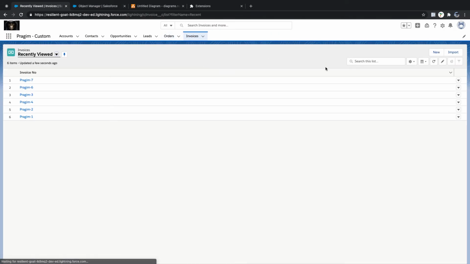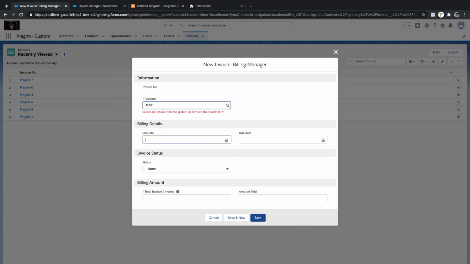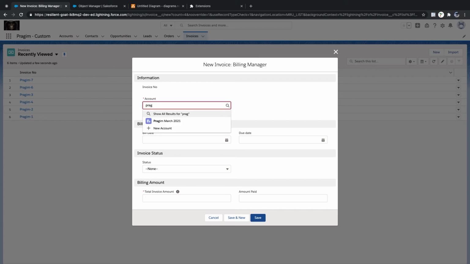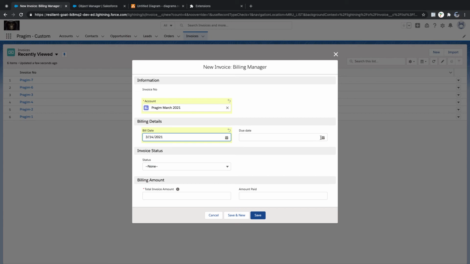Now if I go here and create a new invoice, I'll enter the bill date and bill amount. Status, I'll say due, with amounts 1, 2, 3.